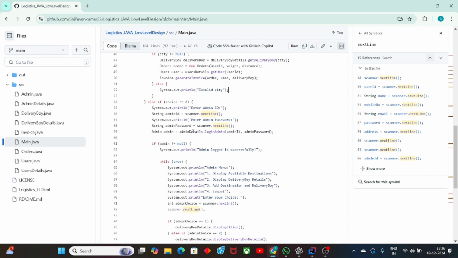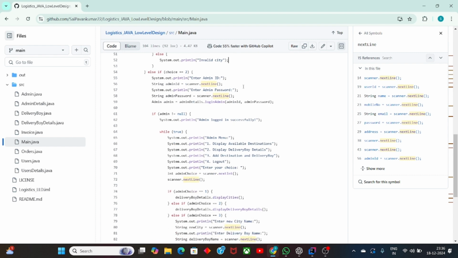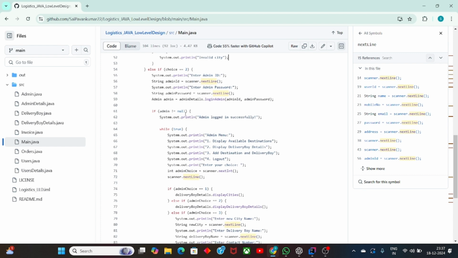If we select two, which is admin login, there will be a sentence: enter admin ID, in which we will enter the admin details and password. After that, the admin ID and password will go to the login admin method, which is used to validate. If the admin details are validated and correct, I have created an if condition in which admin is not equal to null,